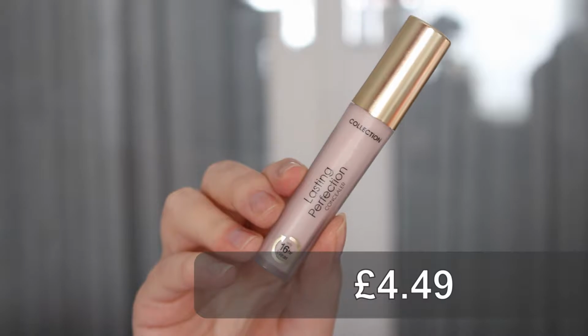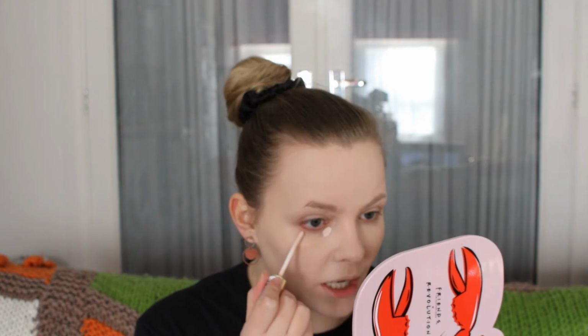I think they have another one which has like a pink lid, I'm not sure. I have the shade 1 Rose Porcelain, which is a bit too pink for me if I were to use this as a foundation shade, but I think for under the eyes it just helps to lighten there a little bit more. I really want to pick up this concealer in a shade that actually works for my skin tone